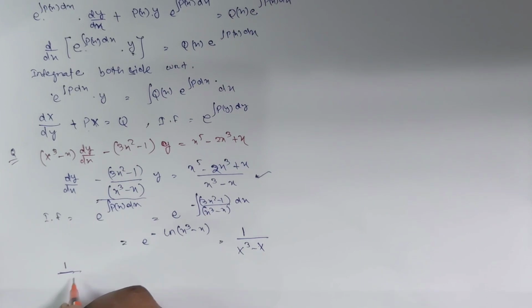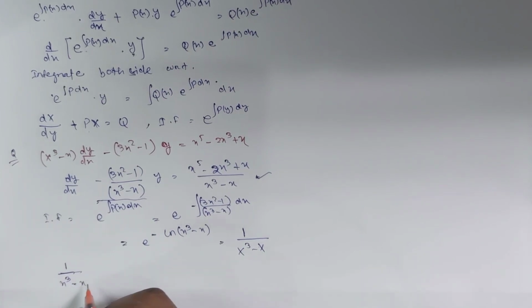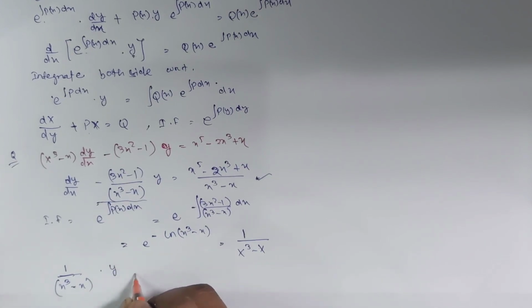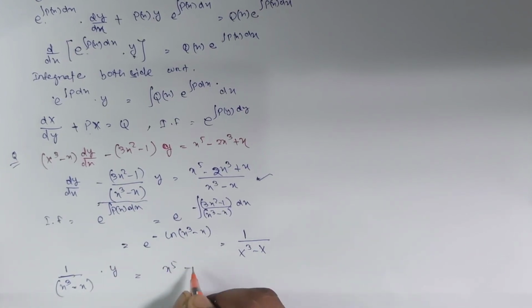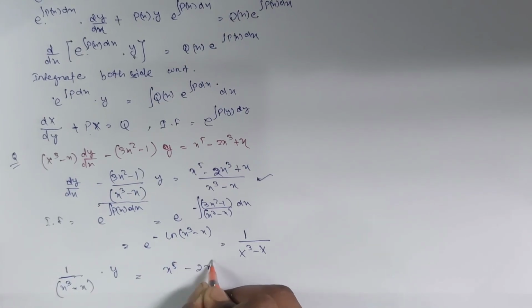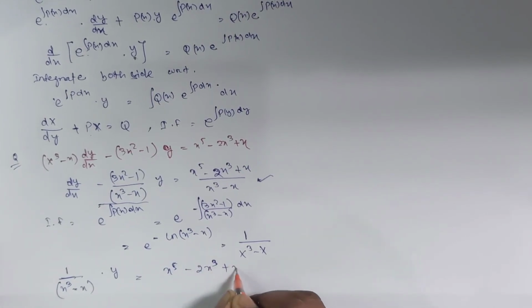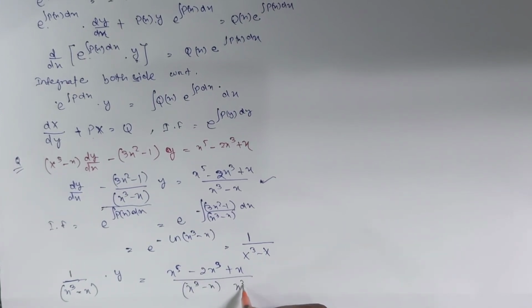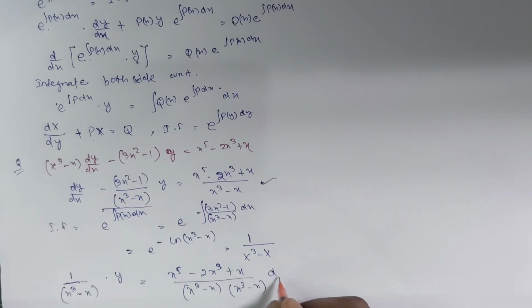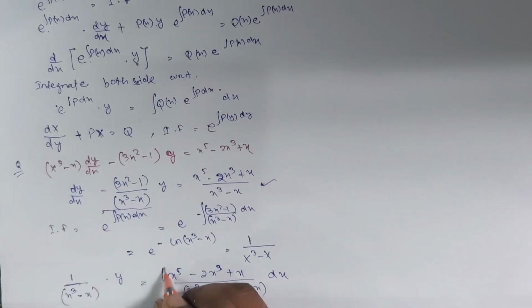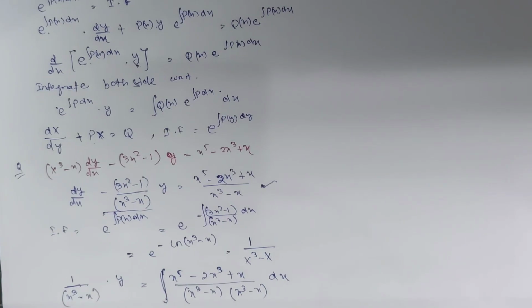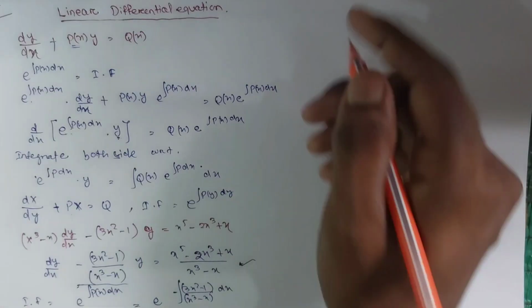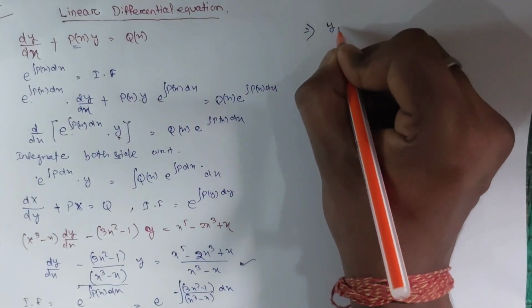We will get 1/(x³ − x) times y equals the integral of (x⁵ − 2x³ + x)/(x³ − x) times 1/(x³ − x) dx. Okay, then if we integrate it,